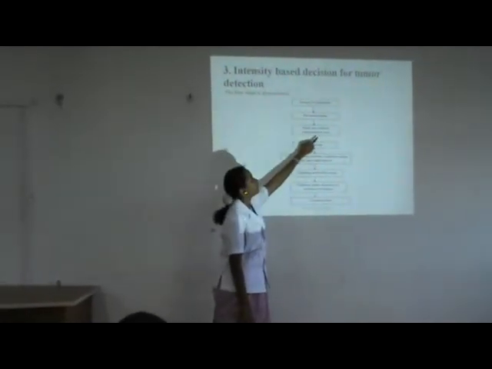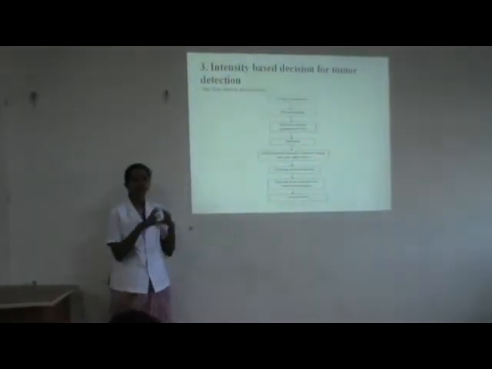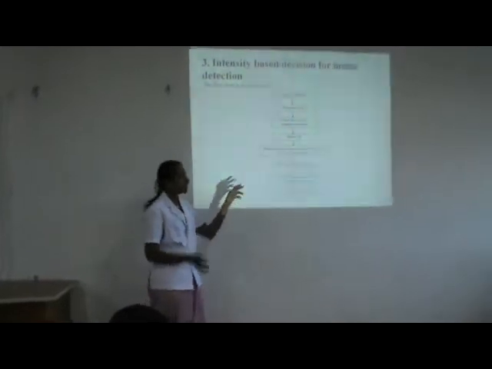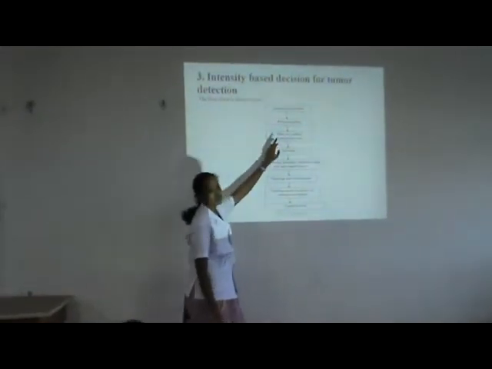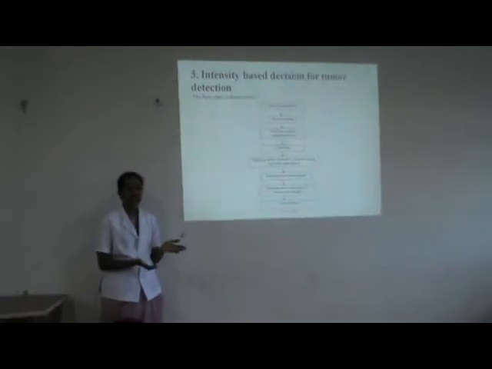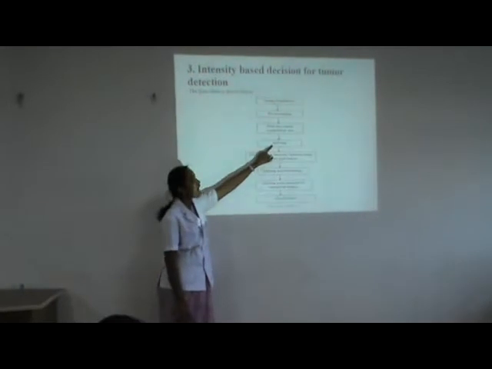And next is finding the central symmetrical axis. In the MRI images, if there is a tilt in the images, we will not find the central portion of the brain. For that we are going to this step to find the central axis. Only then can we split the brain into left and right parts. For that identification of the central symmetrical axis, we are going to this step, and then splitting.